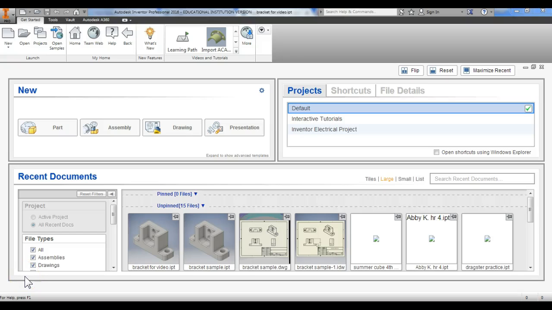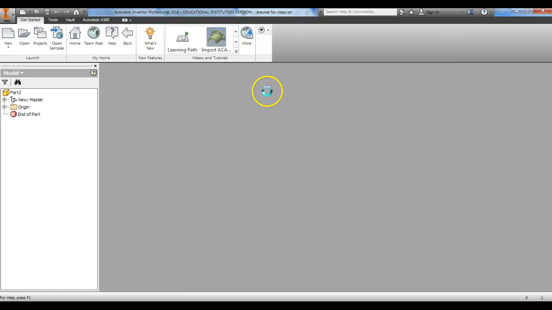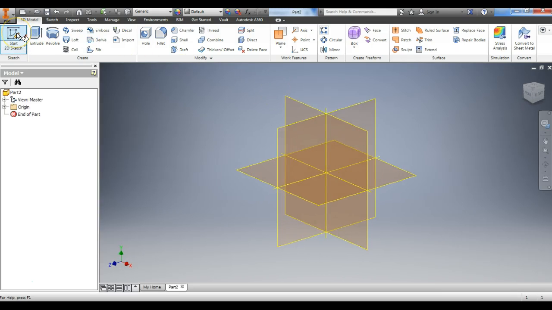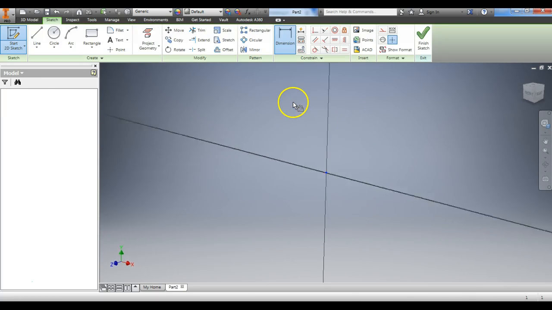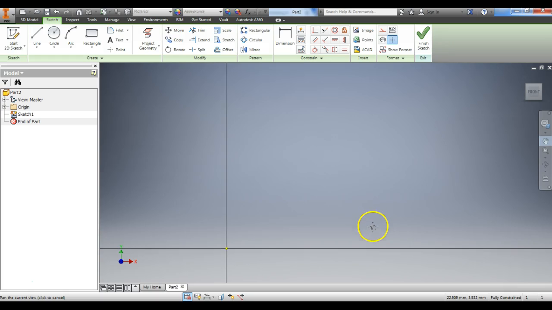In this tutorial, I'm going to show you how to create a chess piece in Autodesk Inventor. Like our other projects, we're going to click on New, and we're going to start with our standard millimeter template. Same process, 2D sketch. Click on my XY coordinate plane, and this time I am going to create a straight